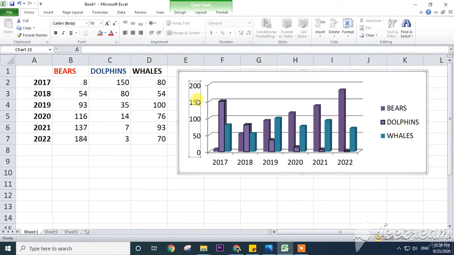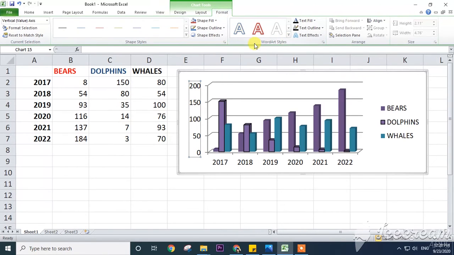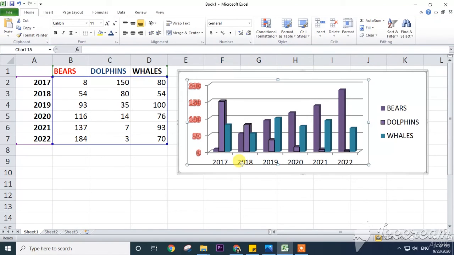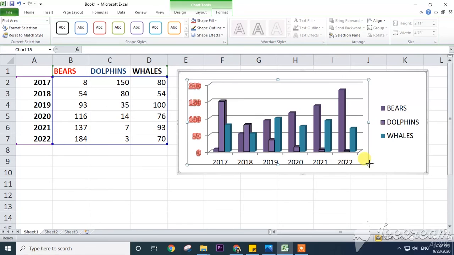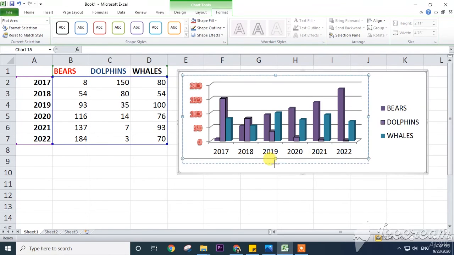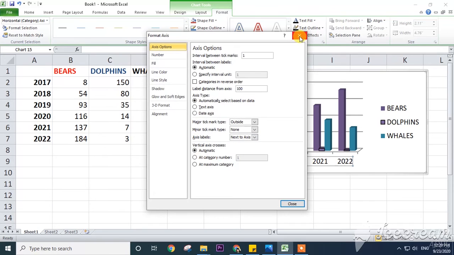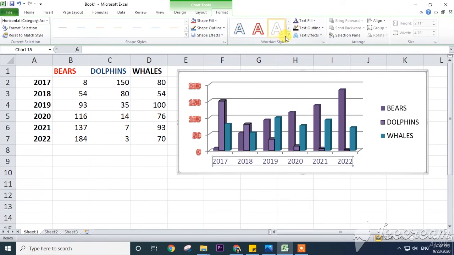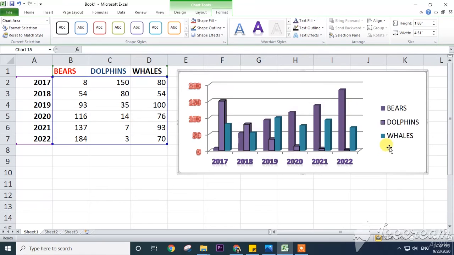I am selecting this 200, 150, 100, 50 and 0, and click on format, and under word styles here you can see you can select as per your choice. See, when I am selecting here it's changing over there. See, I am selecting this one, and here I am selecting now this text. One second, now this text I selected. Under the word styles, your choice, your color will be that I selected this color, or else this one also you can give. In this way we can change the colors also for your chart.